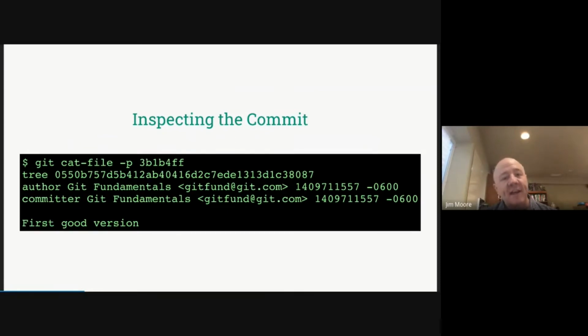If we want to actually take a look at that commit, what we can do is another plumbing command, git cat-file. cat is a Unix command for looking into a file, and so there we go. All this is doing, you can do this yourself, is if you catted the file, I'll show you exactly where the file is stored in the file system. If you cat the file pointed at by that hash key, this is what it would show you. That's slightly, not entirely true. We'll talk about that in a moment.